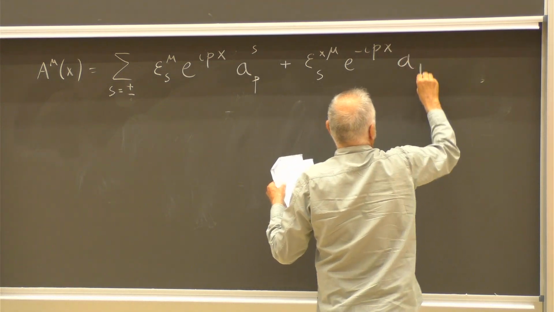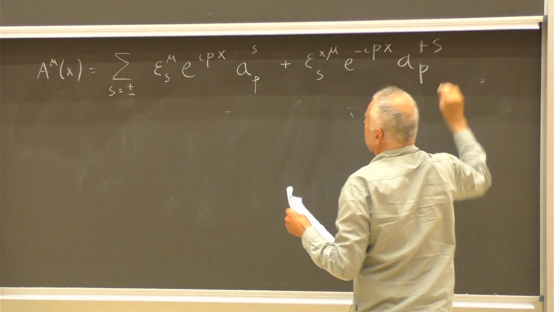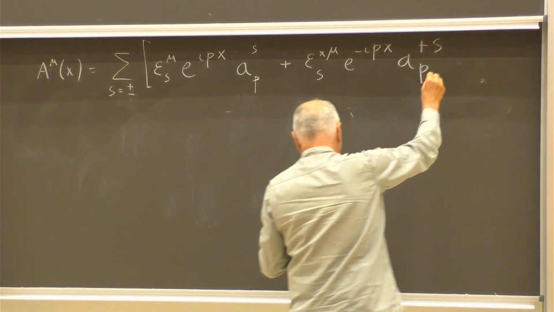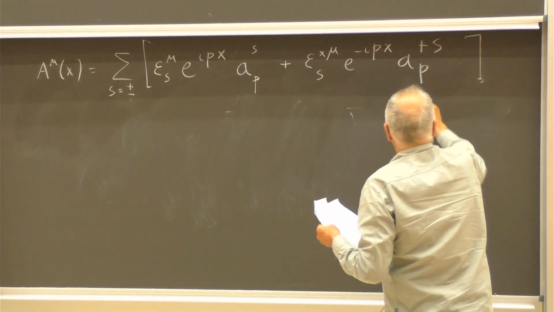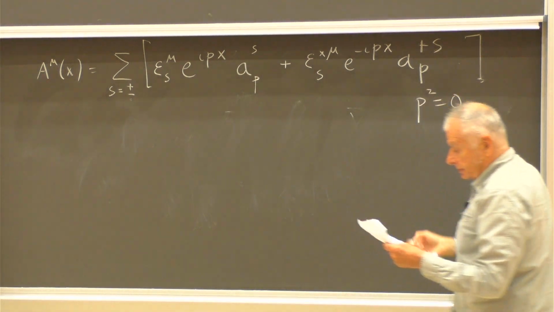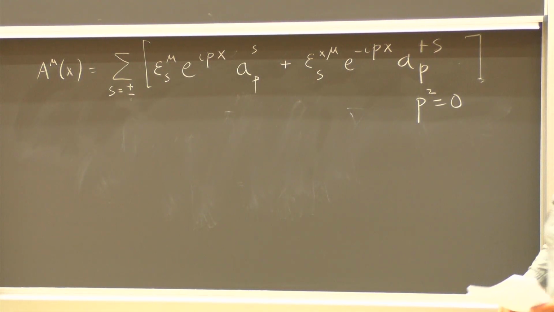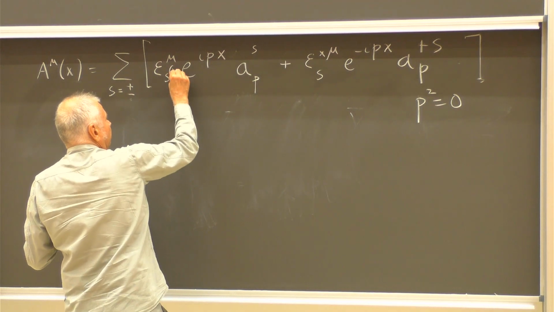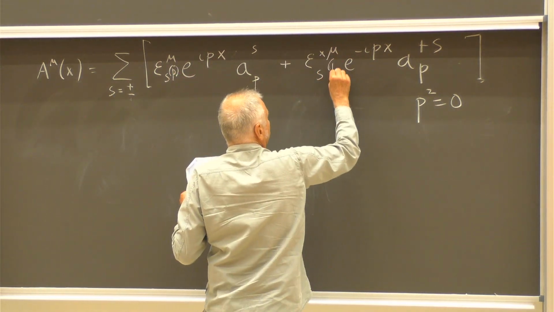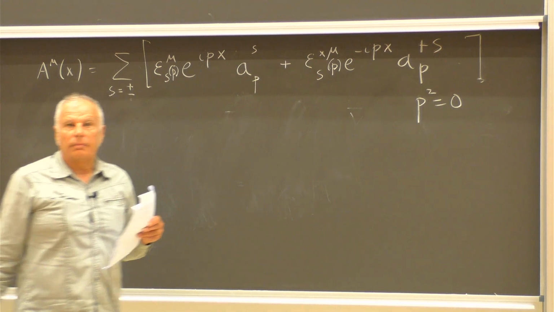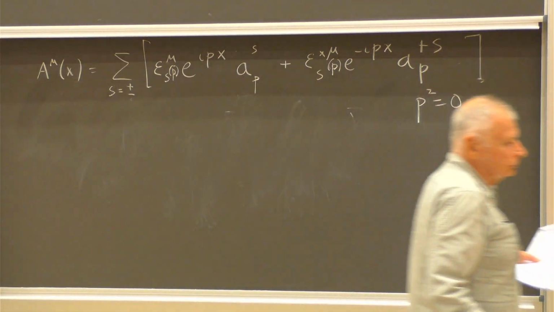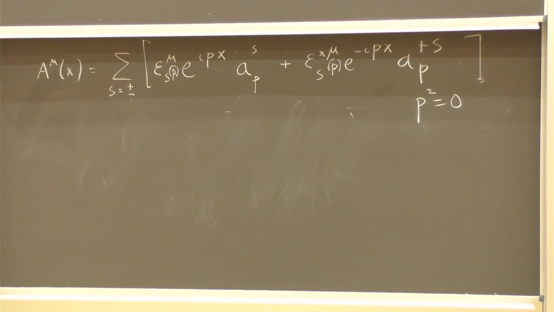Okay, times A P dagger. Again, p squared is 0, yes? And now these helicity vectors, of course, depend on the momentum p of the photon or gluon, right? So now, what we do is, again,